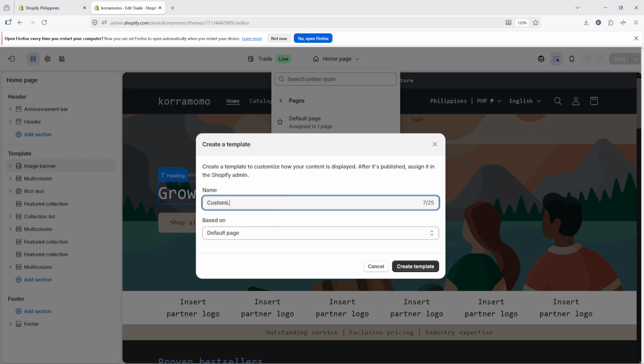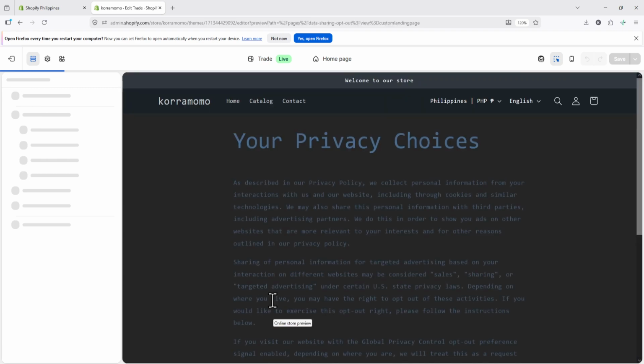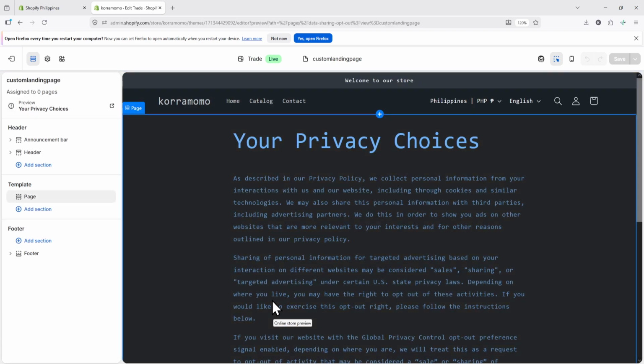A dialog box will appear. In the name field, type Custom Landing. Custom, then Landing. Leave the Based on drop-down set to Default Page. Then click Create Template. The editor now loads this new template, and it will look like the default page layout